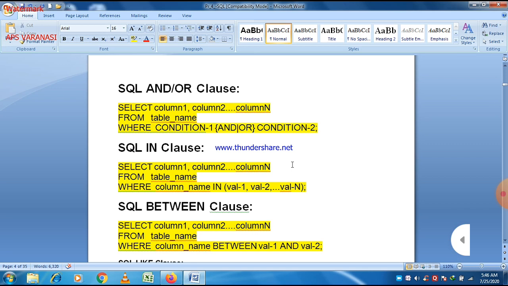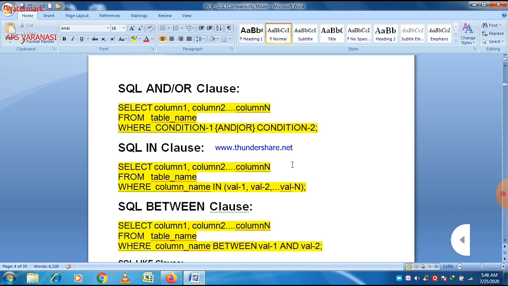So when there are two conditions or more than two conditions, we can separate these conditions using and or using or. These are used when conditions are given, and as we know, conditions are given with the where clause. So after the where clause, if there are more than two conditions, we can separate them by the and operator or the or operator. What is the difference between and, or? If we want the result to be displayed according to both conditions, we separate them by the and operator, and if we want the result displayed when either of the conditions is true, then we separate them by the or operator. That is the basic difference between the and and or operators.